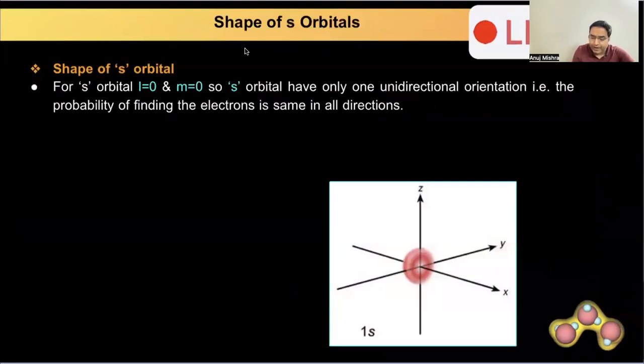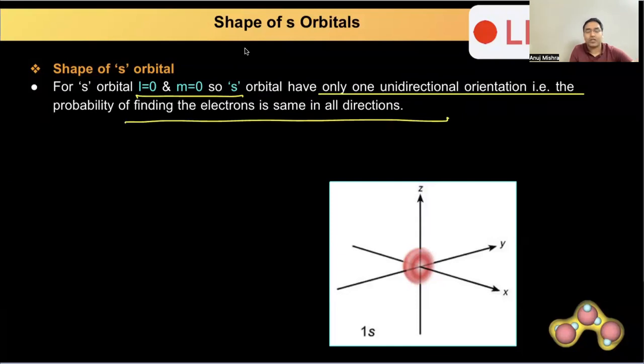Shape of s orbital is spherical in shape, as you know, this is spherical in shape. सो यार शेप कैसा है इसका? स्फेरिकल, स्फीयर जैसा शेप है, आपने देखा। इसको आधे से कट करके दिखा दिया उन्होंने, ऐसे कैसा दिखेगा? S orbital L is 0, M is 0, and this has only one unidirectional orientation, that is the probability of finding electron is same in all direction। यार कोई स्फीयर दे दिया जाए आपको, तो स्फीयर में तो इलेक्ट्रॉन कहीं भी हो सकते हैं,